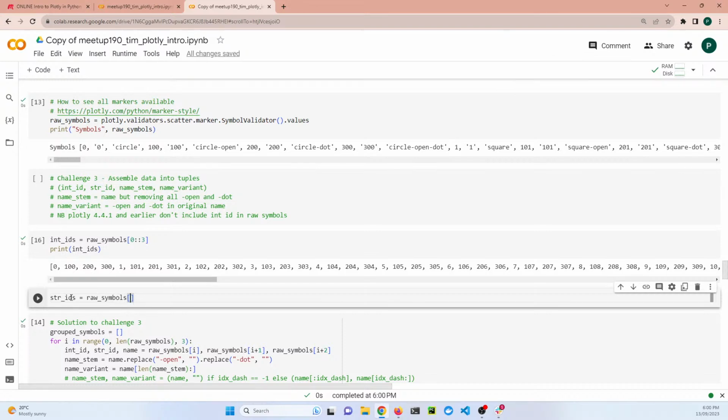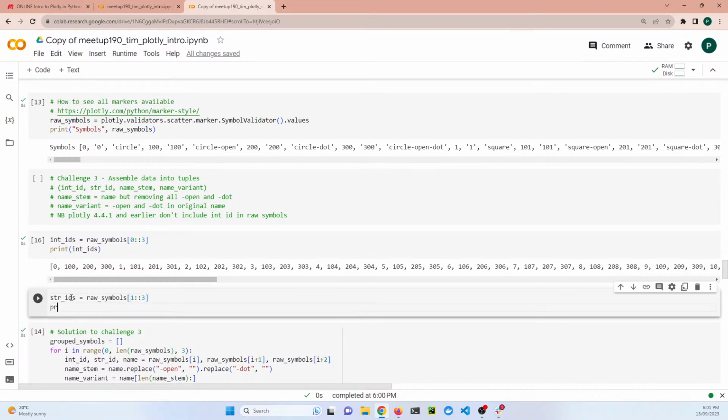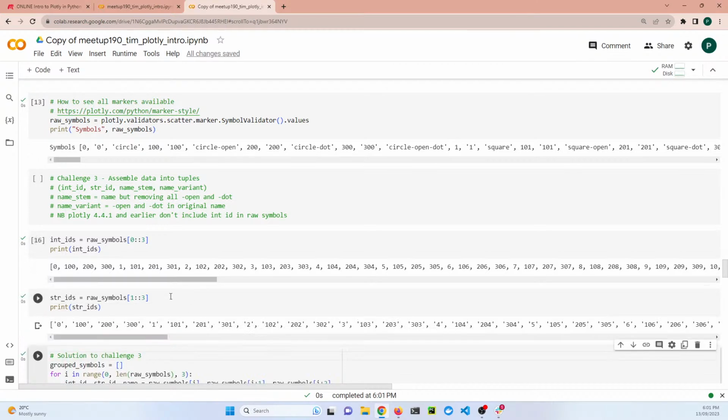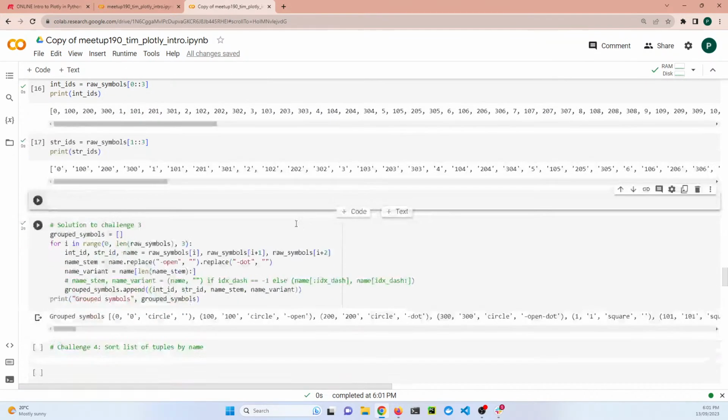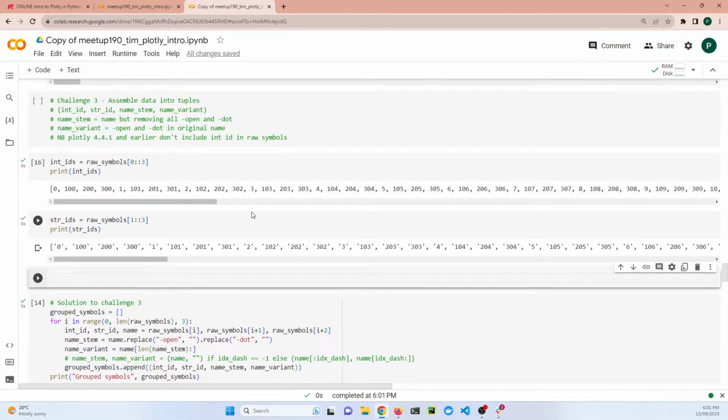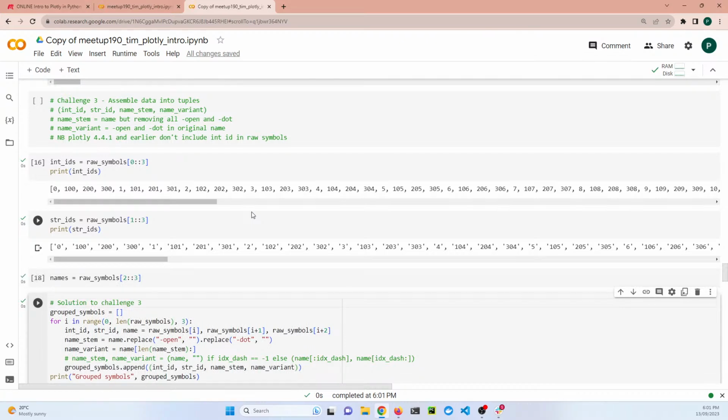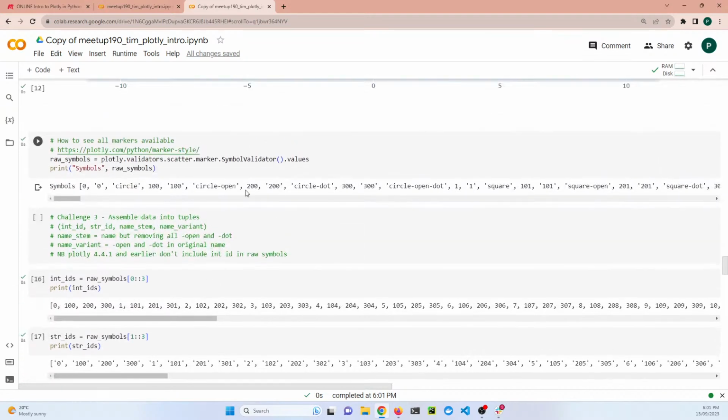But this time, rather than starting from the 0th element, we'll start from the 1 element, go all the way to the end up in steps of 3, and we'll print that. Same thing, that one worked, and we can get all the names. And these ones start from the 2nd element, go to the end, up in steps of 3, and we run it. Okay, so